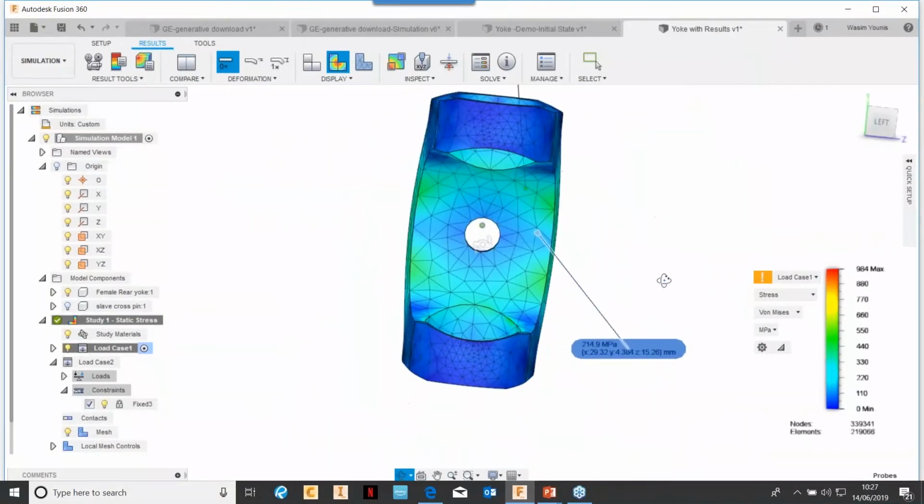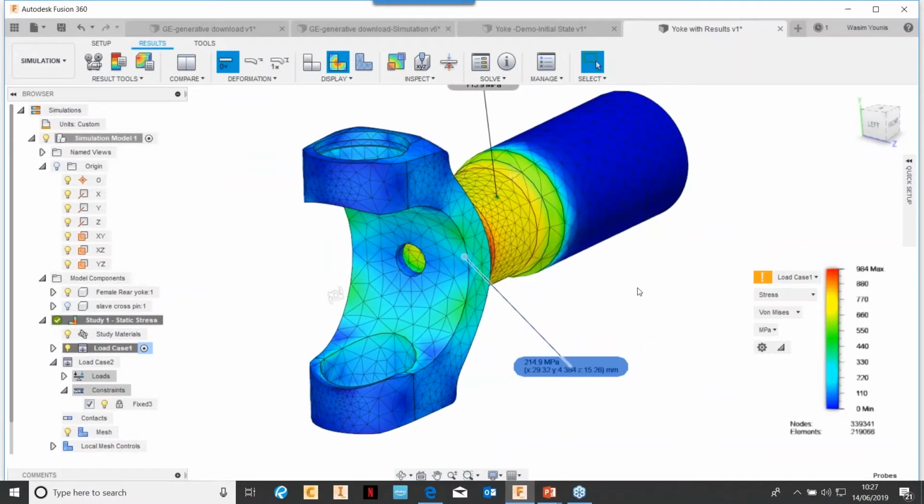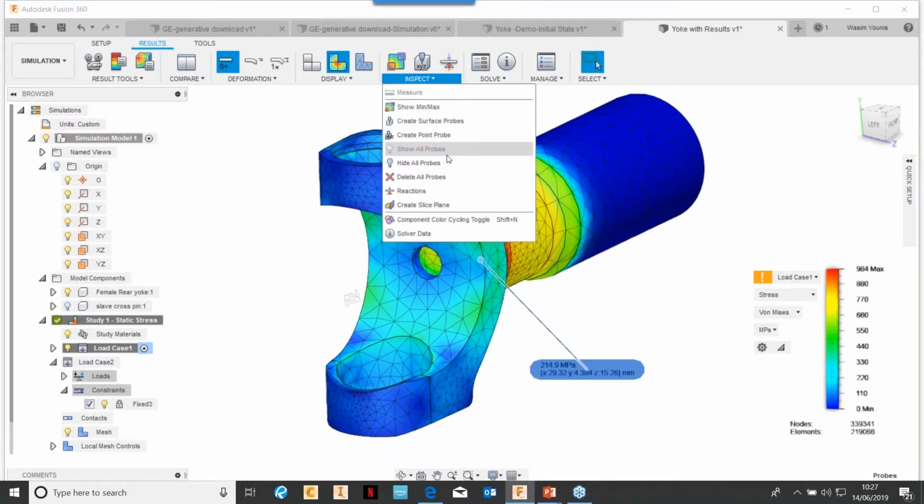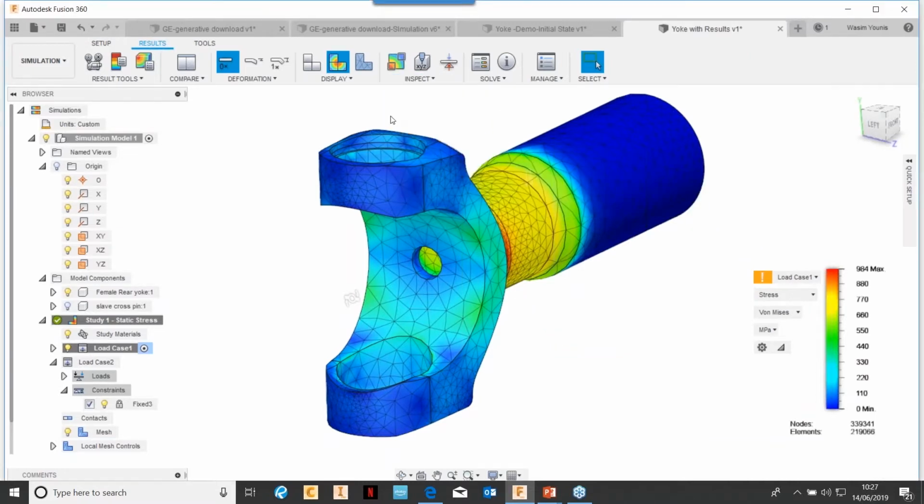You can actually look at the stresses inside the actual thickness, unlike Inventor as an example. And this is ideal for very detailed components with a lot of features in there, with holes, notches, fillets, chamfers, or cutouts. And the other big thing in here is, let me delete all the probes,